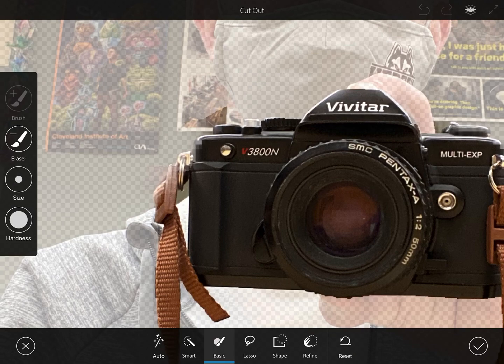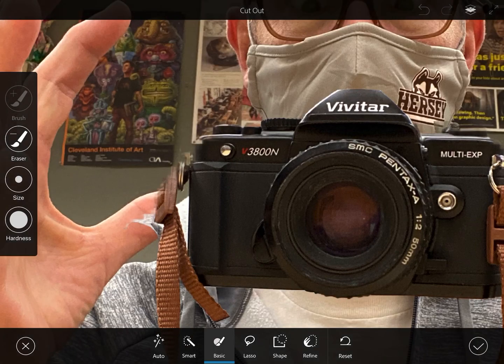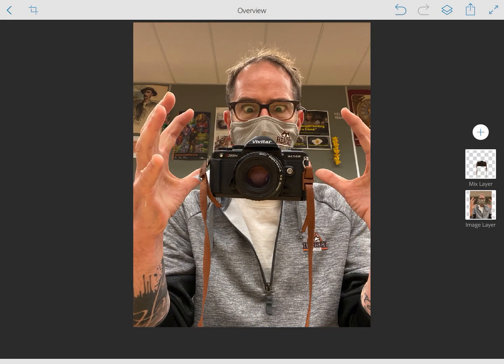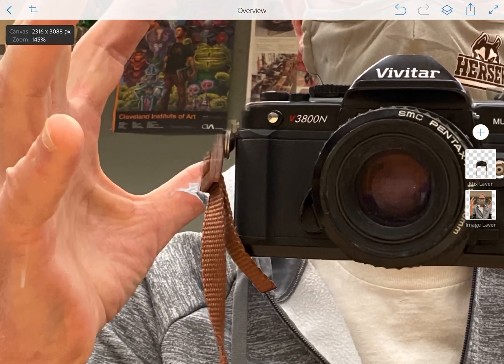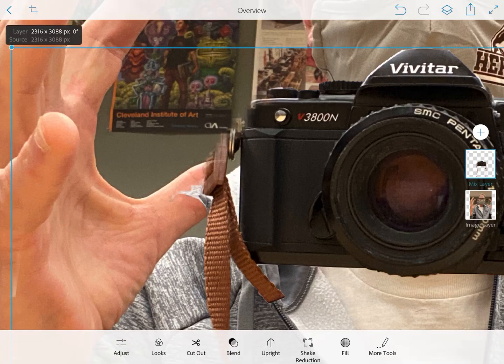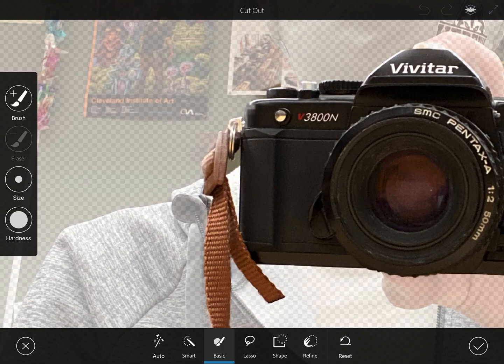It's pretty magical, all right? I got a few more things to erase up here. Don't worry, as soon as I hit this check button, you're going to be able to see what you have done. And you can see that if I zoom in, there's a couple areas that are a little funky here. So I can go back, click on that top layer, go back to my cutout here, and I can do a better job at cleaning that up and getting rid of the stuff that I need to be getting rid of